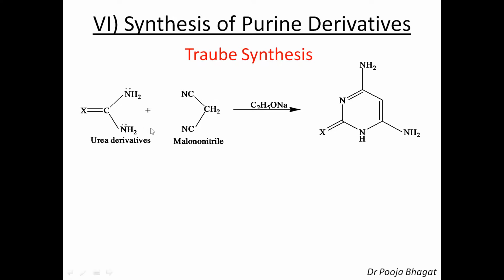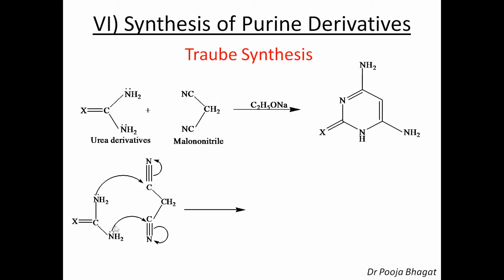So now let's see, this is urea derivatives and this is the active methylene compound. Reaction takes place in presence of sodium ethoxide and you get this. Now what is the mechanism? A quick mechanism. The lone pair of electrons on the nitrogen will attack on this carbon and one of the pi electrons will move towards nitrogen. Similarly, the lone pair of electrons will attack here and one of the pi electrons will move here. So now there is a bond between the two here. This is double bond. This is N negative and here there is a positive charge. So it will lose proton. It will take proton. So this is NH, single bond, double bond, NH. Same way here, NH, single bond, double bond, NH. So you get this. I hope I am clear to everyone.